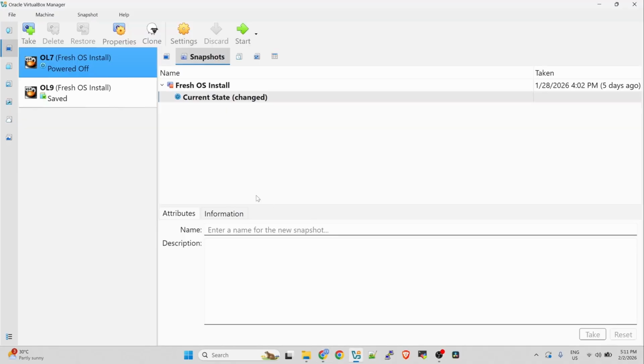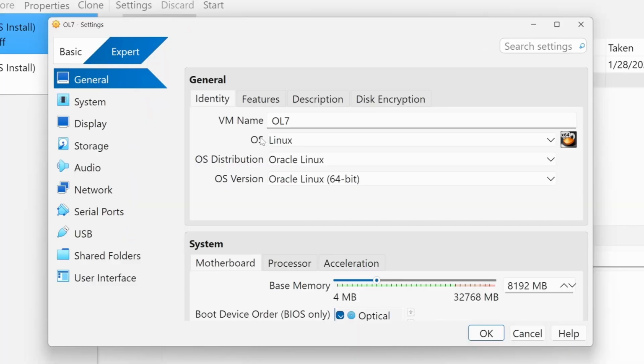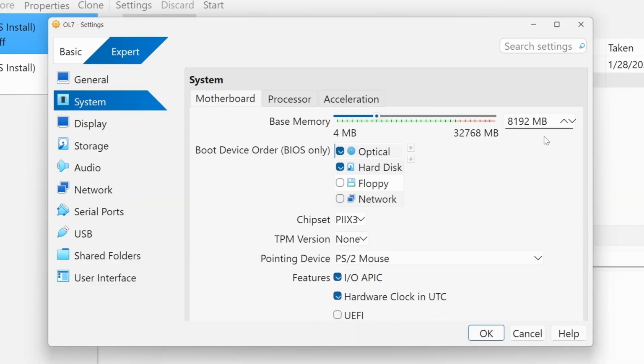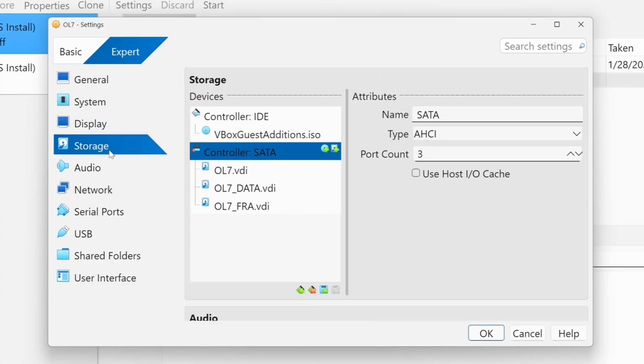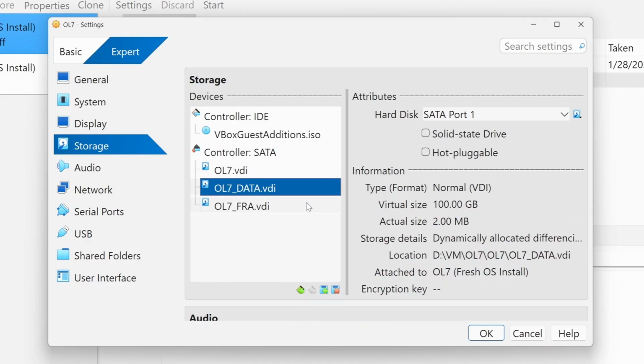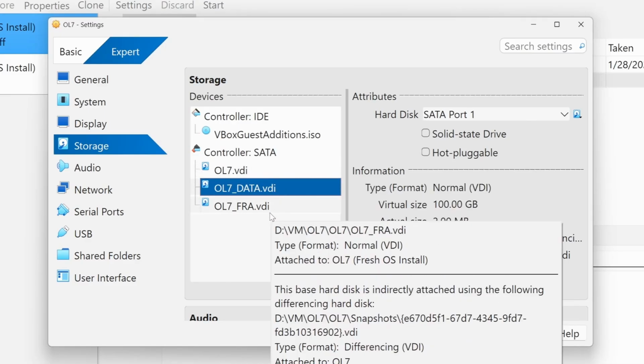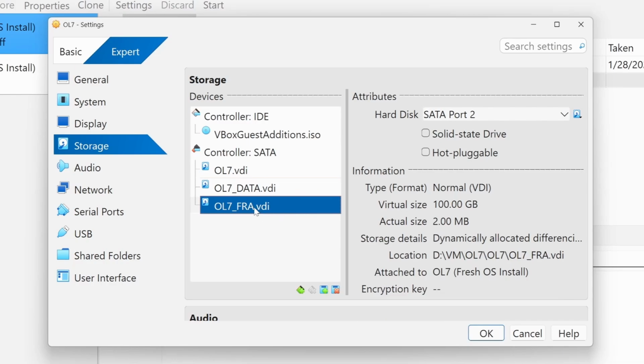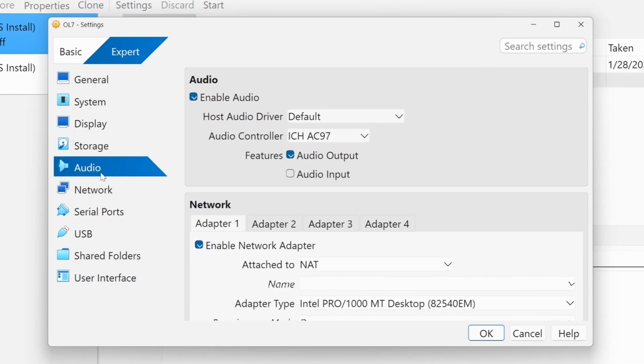Let's review our operating system now. So details. Okay, so my VM is this OL7. I assigned 8 GB memory, and then under storage, this is the 100 GB for the OS. And then I added 100 GB for data and 100 GB for FRA, or fast recovery area, for our recovery files.